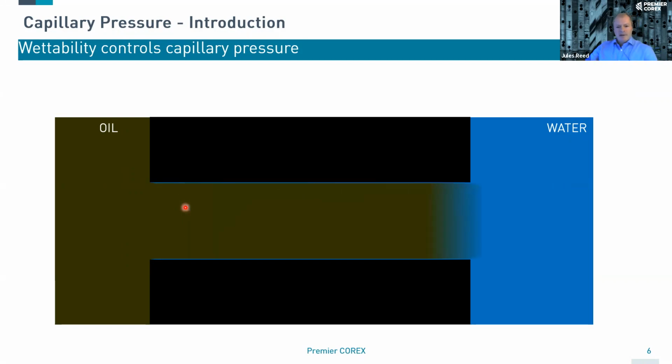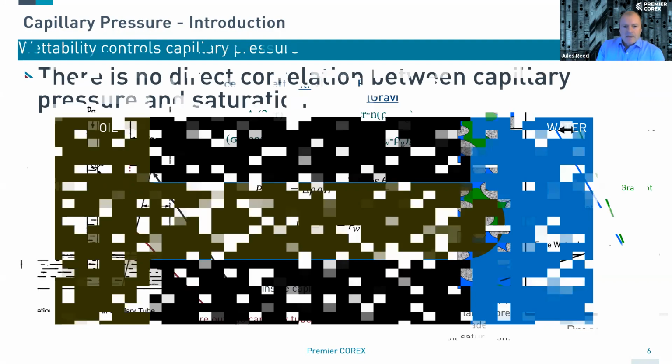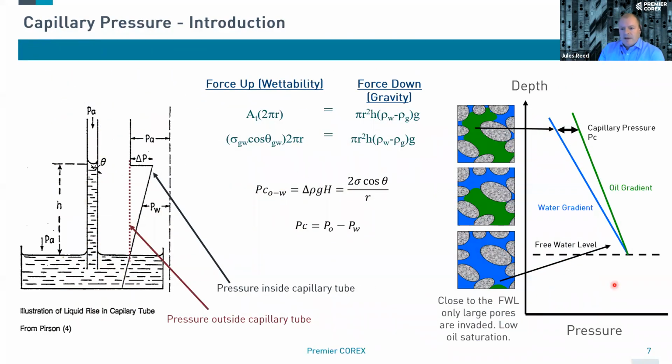At some point, it will overcome particular capillary sizes and fill all of the capillaries controlled by that pore throat, or any pore spaces behind the pore throats of that specific size, for the pressure of the oil as it gathers. And so what we observe in our reservoir is, from the point of free water level,